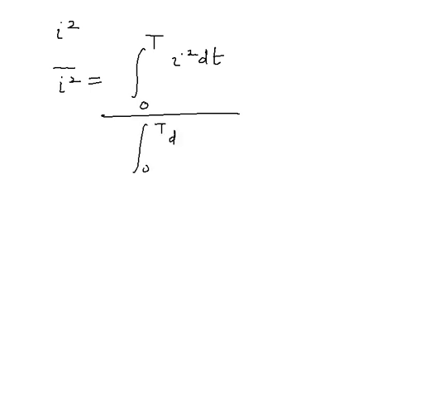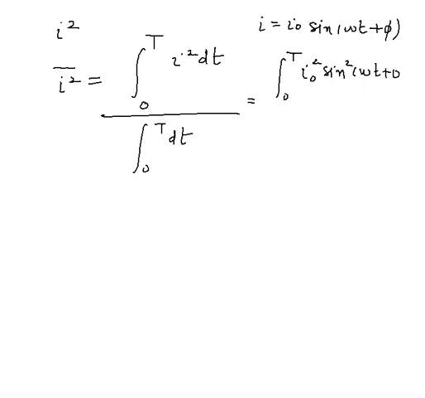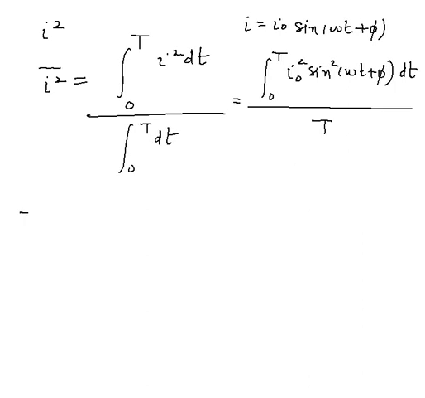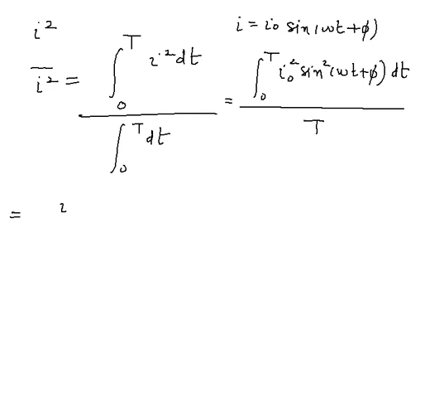Now the function is I square, not I. So average of this function would be, I'm talking of one time interval, 0 to T, that function dt upon 0 to T dt. Taking the constant out,